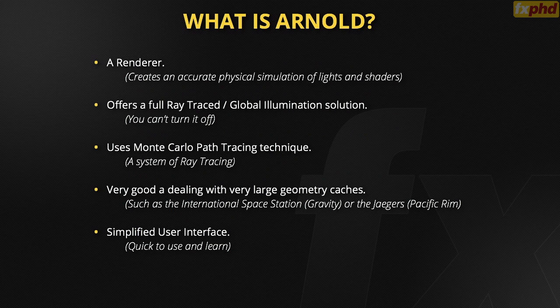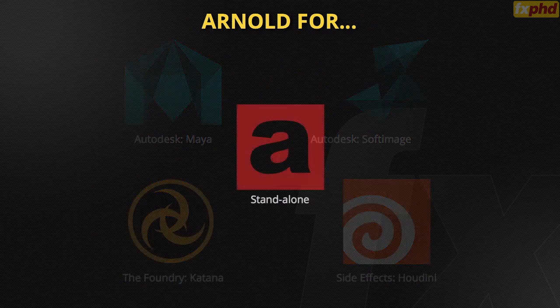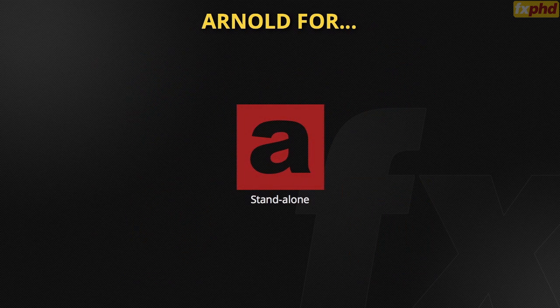So from there, let's talk about what Arnold is actually for, or what it interfaces with. Well, Arnold works with Maya, which is what our entire course is going to be based on pretty much. It also works with Autodesk Softimage. You can get Arnold for Katana, and if you did my Katana course a few terms back, you'd have seen that I was using Arnold a lot for that. And Arnold is also being used for Houdini, and that's currently in an alpha or beta stage at the moment. Finally, you can have Arnold just as a standalone program,